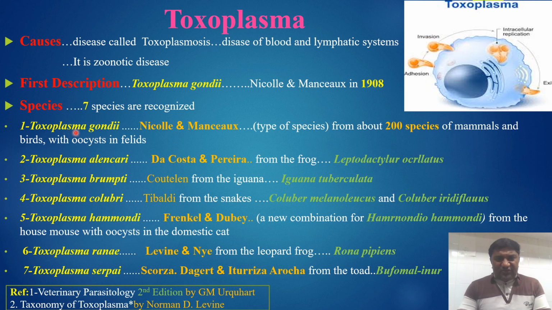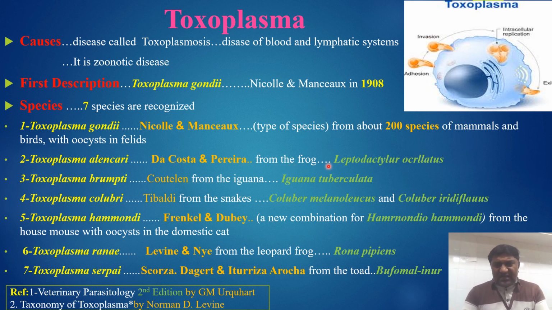Number 1 is Toxoplasma gondii, discovered by Nicolle and Manceaux, the type species, found in about 200 species of mammals and birds, with oocysts in the felines. Number 2 is Toxoplasma alencari, discovered by Da Costa and Pirajá, from the frog,